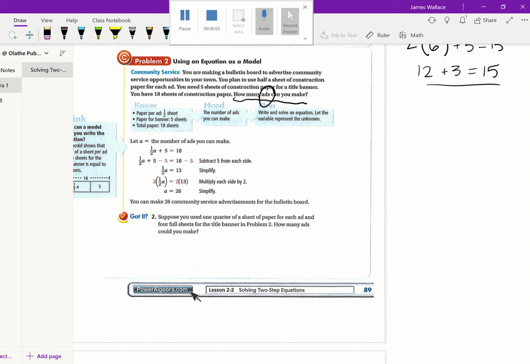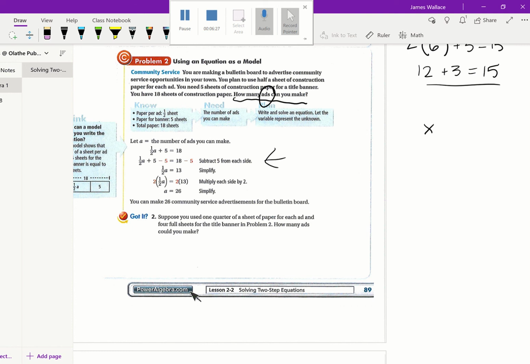Ads. They use A for ads. I personally prefer to use X just because that's pretty standard. You're going to see X for variables all the time. So personally, I use X. If you want to use A, it doesn't matter to me. So I'm just going to go ahead and write that X in,